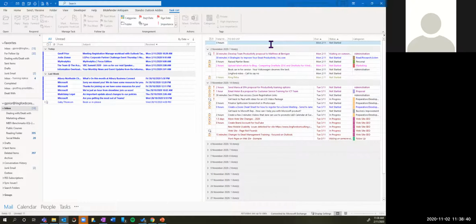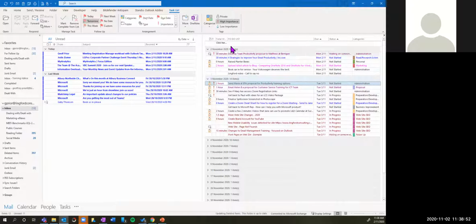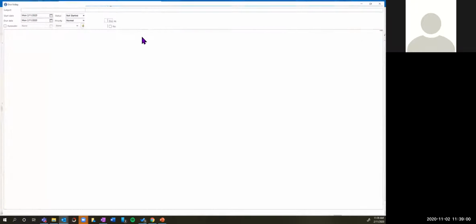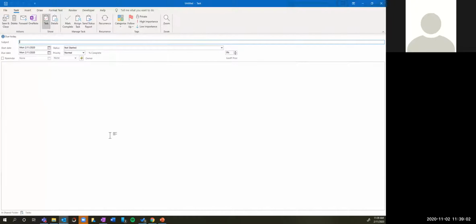So hit enter and it's straight into my list. I'll show you another way of doing it. If I double left click, it opens up a whole new task. Now I could put in here ring Petra, the same,